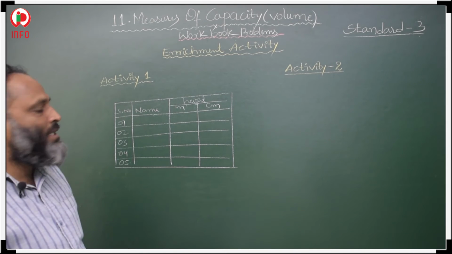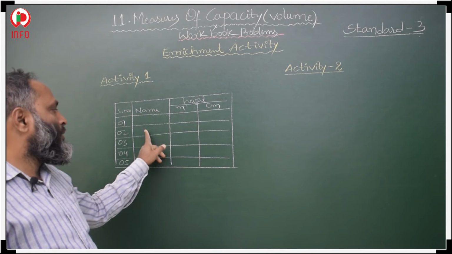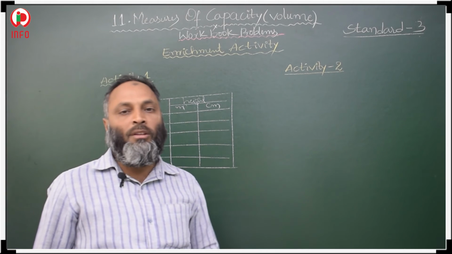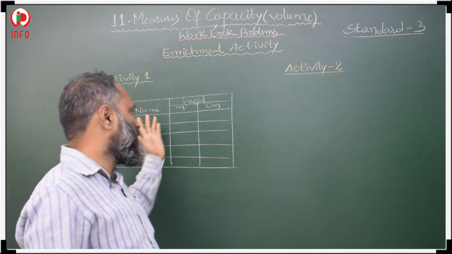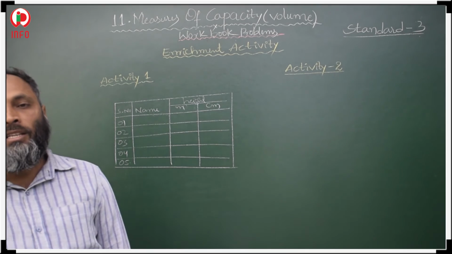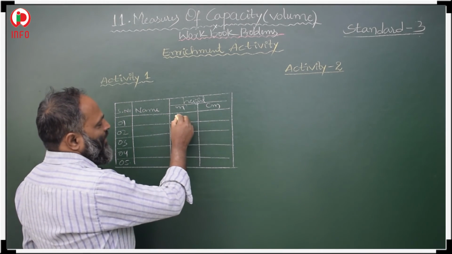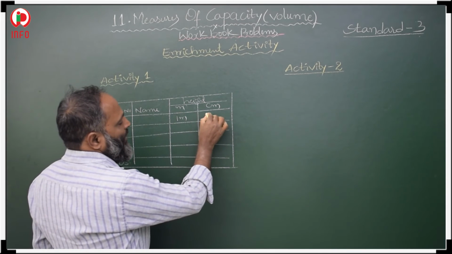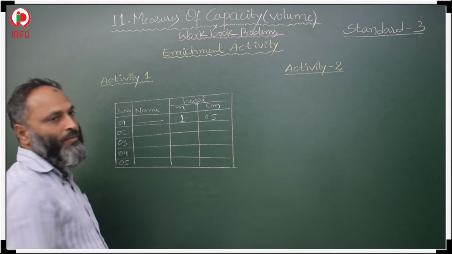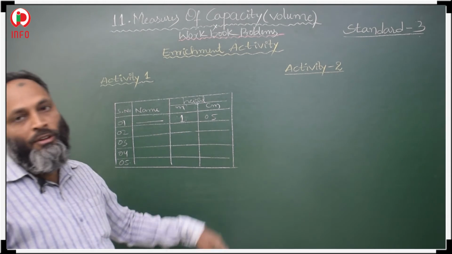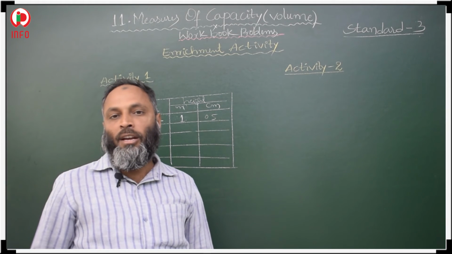So, prepare your table like this, and in that tabular form, write your family member names 1 2 3 4 5. If in your family 5 members are there, then make 5 columns, and also add your friends' names here and find their height. So, how many meters and how many centimeters they have. Suppose your friend's height is 1 meter and 5 centimeters, write like this: 1 and 05. One of your friends, so and so name, and second friend name, third friend name, fourth friend name, fifth friend name. So, calculate their height and write in your tabular form.